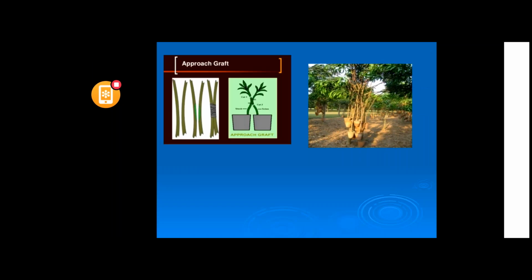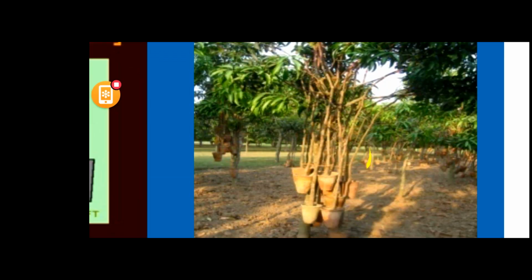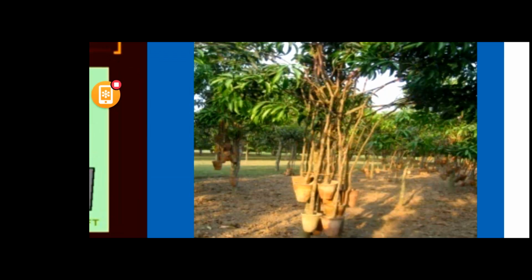Here you see this method, which is practiced in Malda condition, as they produce and cultivate the orchard in open places. They need tall trees, at least 15 to 20 feet seedlings, to avoid grazing and also inundation. It is a flood-prone area, and they prefer this method.